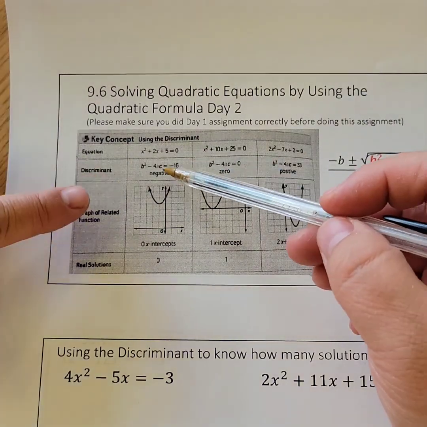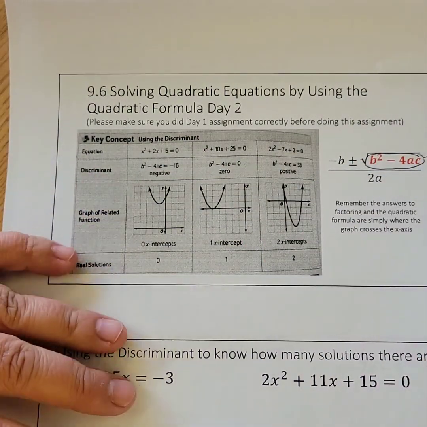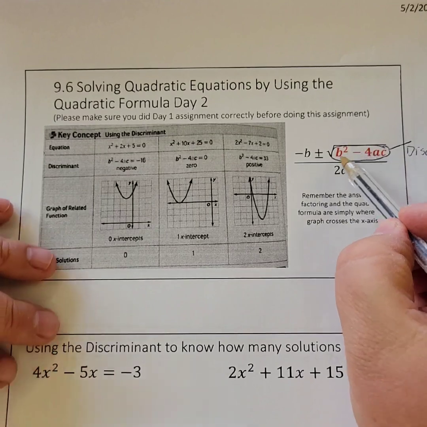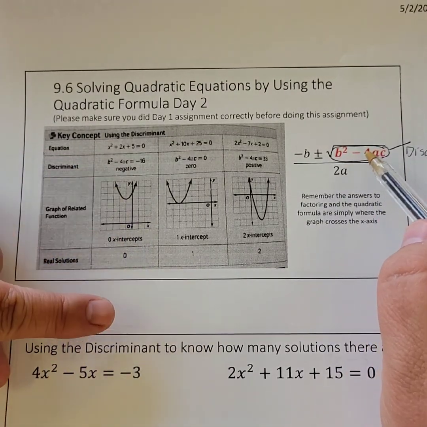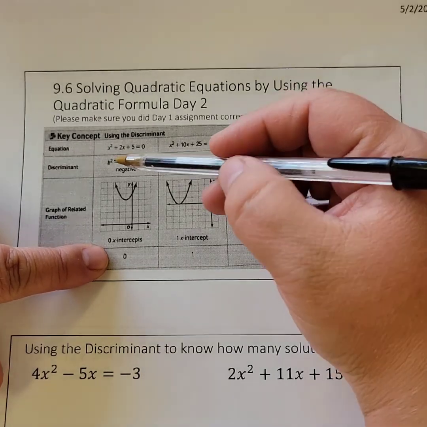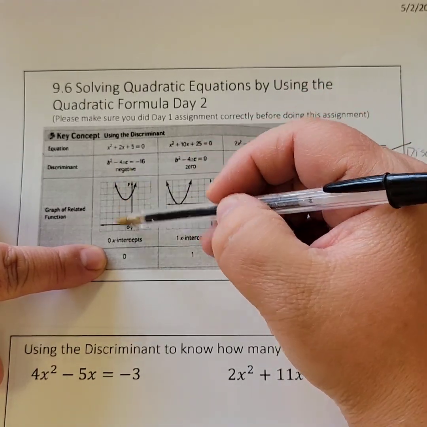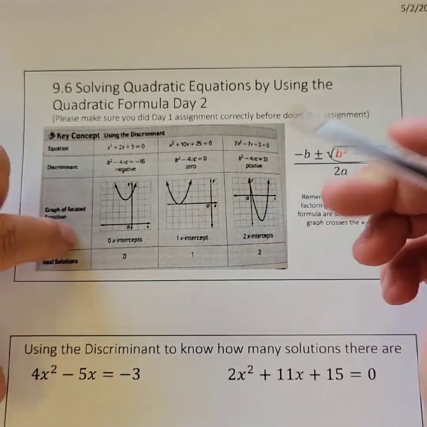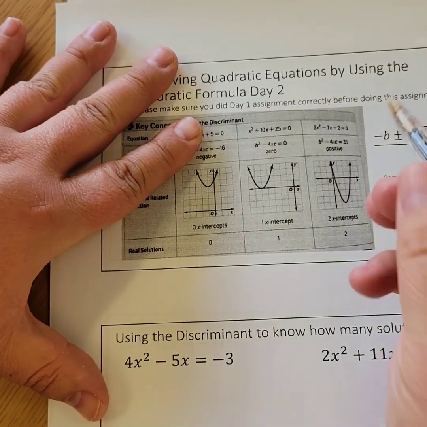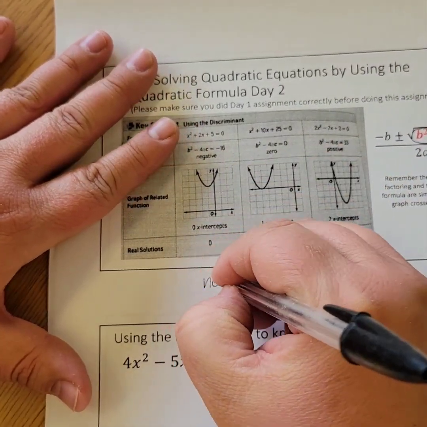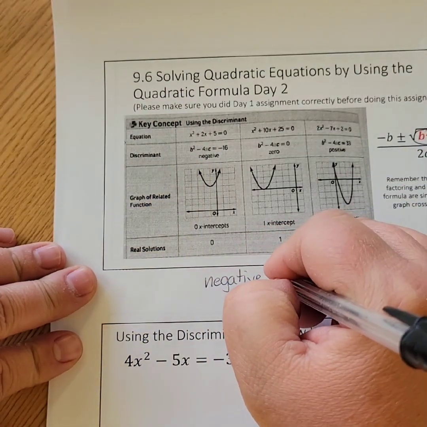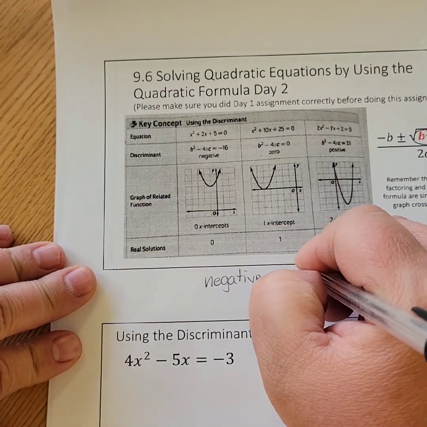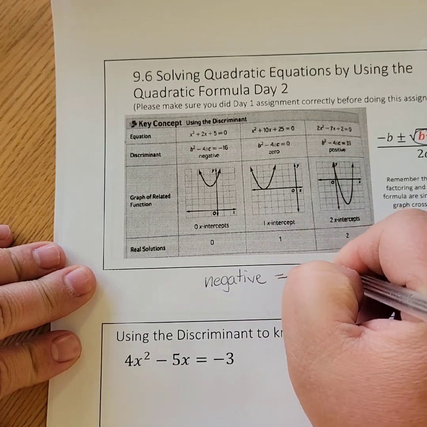So basically, if you do the math that's over here and you get a negative number, okay? There are 0 x-intercepts, and all that means is this thing never crosses the x, okay? So you're going to write negative equals 0 solutions,